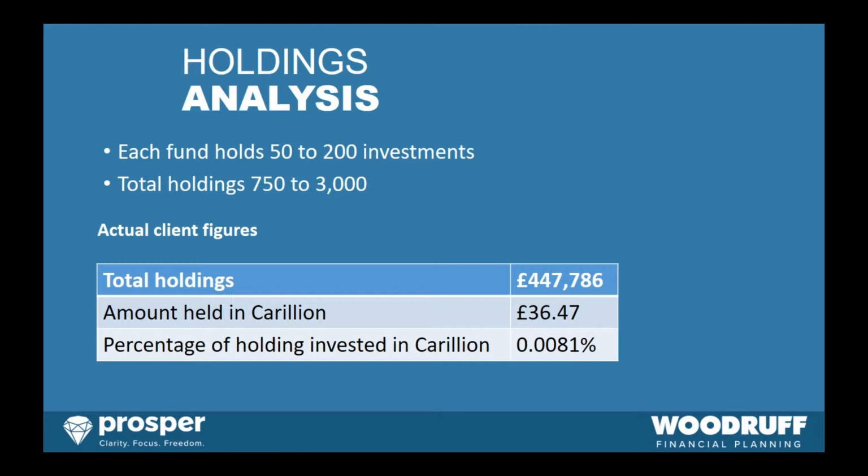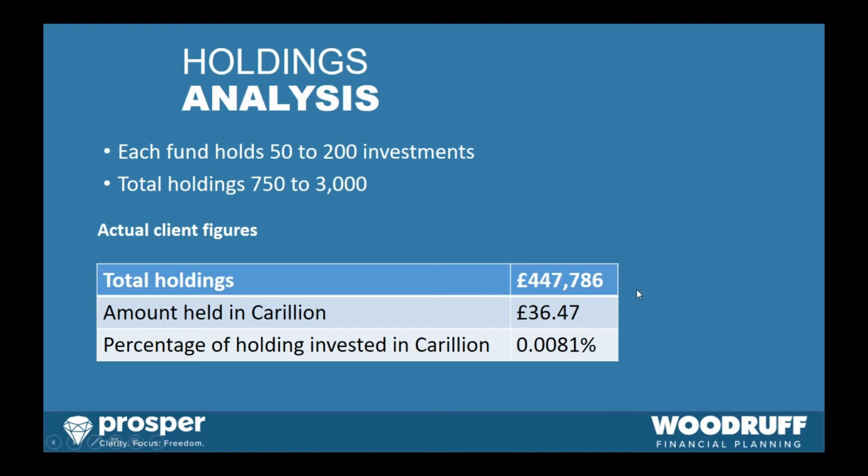Here's an example of an actual client portfolio. By the way, we have written to every single client this week to explain exactly where they fit in this. Either they have no exposure to Carillion, or where they do have exposure, this is exactly how it works with their portfolio. What we've done here is drill down into every single holding that they have with us, every single fund, and we can take the data on the precise holdings within those investments. So we've got the data held on each individual fund and each individual holding, and from that we can take information like what's held in this table.